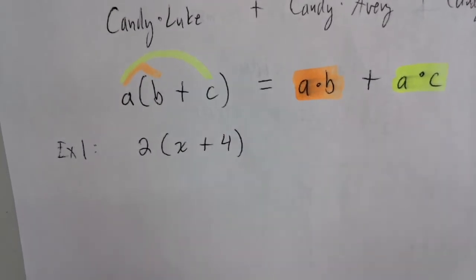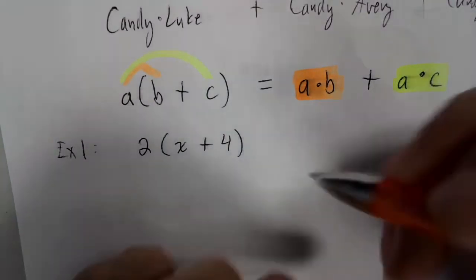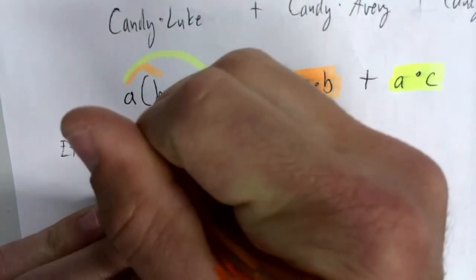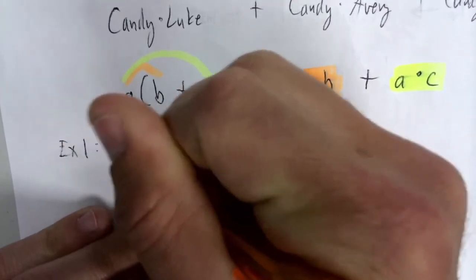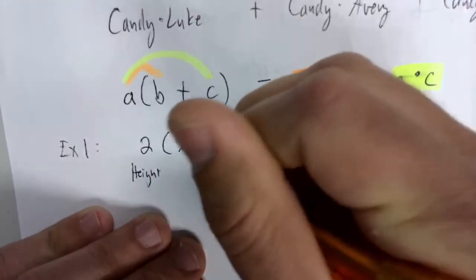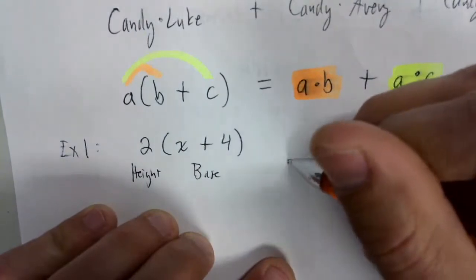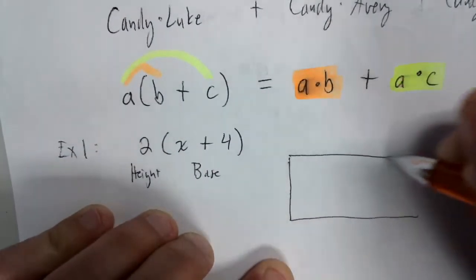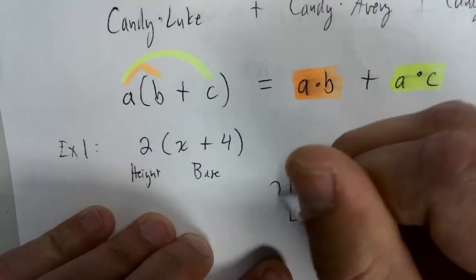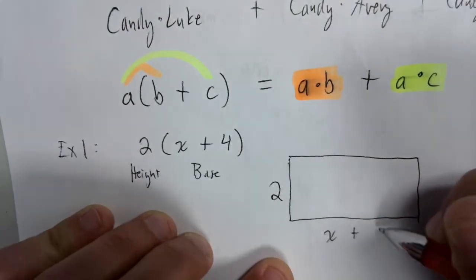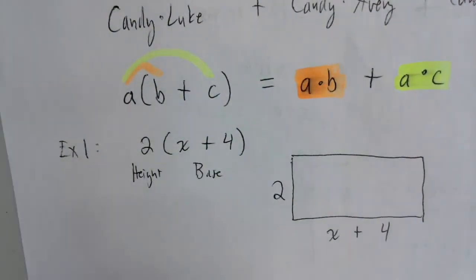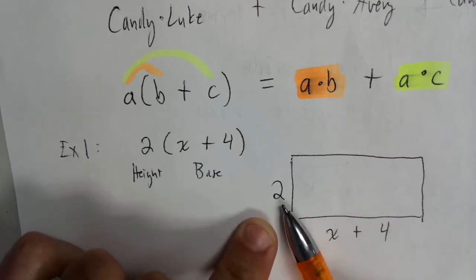Now, let me show you a really clear picture of the distributive property to help you remember it. Suppose we had a rectangle that had a height of 2 and a base of x plus 4. 2 and x plus 4. Now I get it. We don't know what x is, okay? But the way I have drawn it, this is going to be a really clear picture. If you know that the area is base times height,